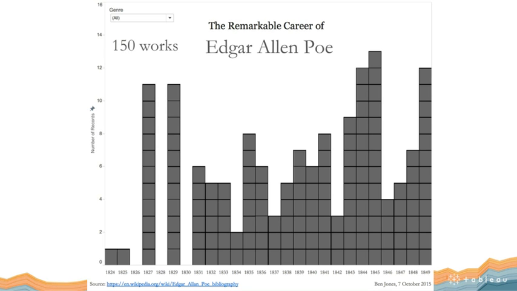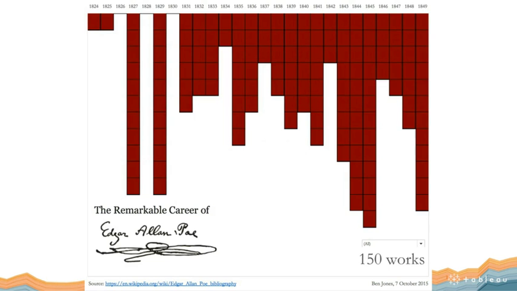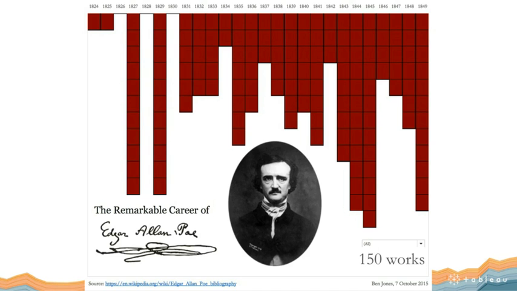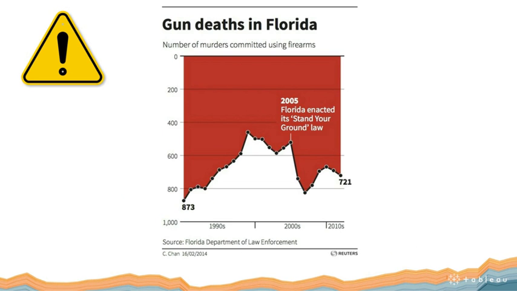But what if I turn that upside down? It almost gives it a bloody look, right? What if I include his signature there? Because all of these works were works of his own hand. What if I included a photograph of him in there that makes you remember those works of literature you read as well? Right? So we need to be careful with this turning upside down of data. It isn't always effective. I'll skip over this example, but suffice it to say that lines don't work so well when you turn them upside down. Bars and stacked items are okay, but lines and areas can be tricky.